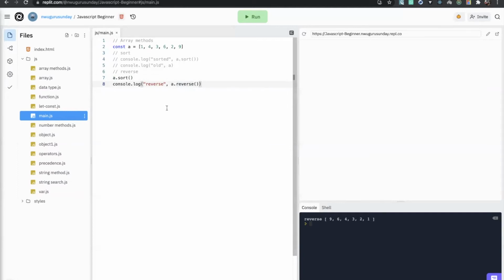Yes. Sorry, I have a question. Yeah. Okay, when you say that sort alters the main array, is it advisable anytime you want to do a sort, you have to declare a variable for it and assign whatever you want to do instead of doing